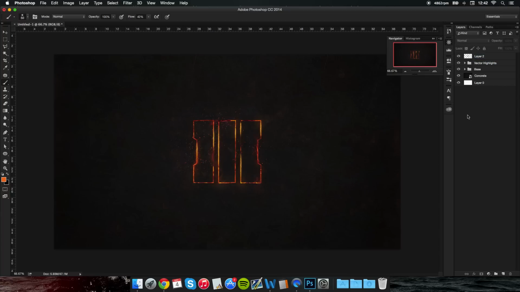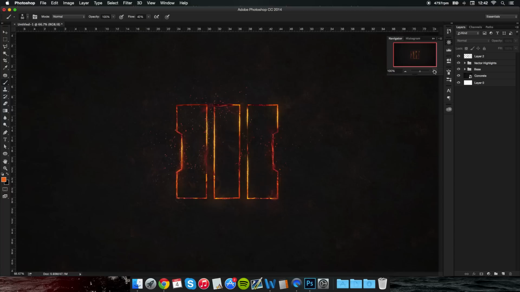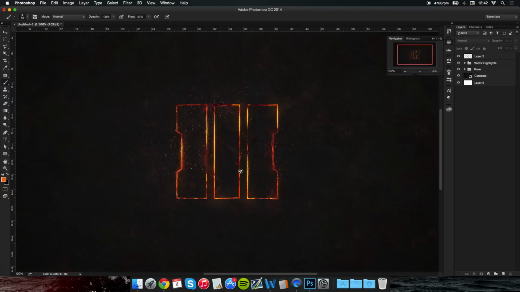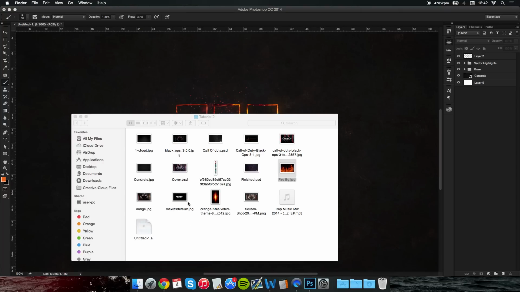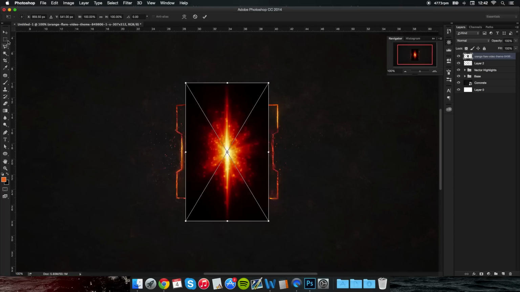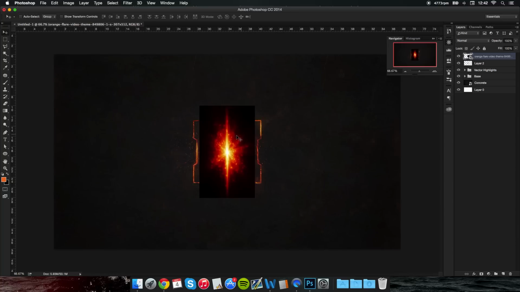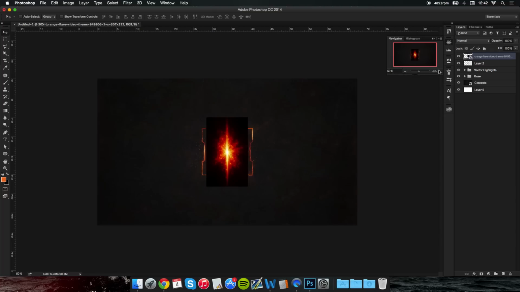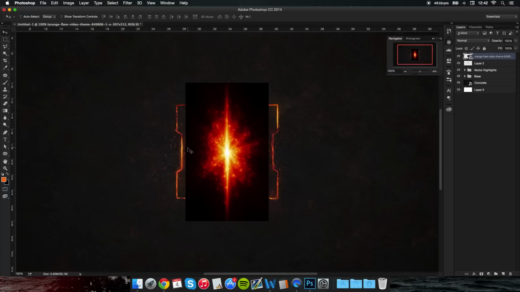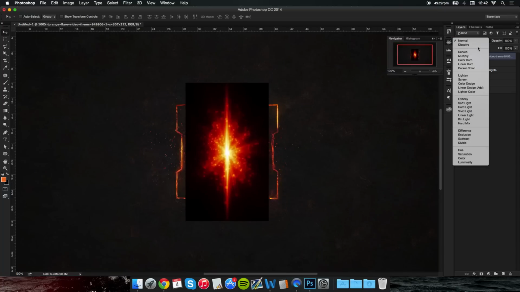And the next bit we need to do is the flares. And this is another section of our textures. And this is the flare that I like to use. So it doesn't have to be too high res. It just has to be effective. So we're going to add this to all the areas that we feel need an extra boost, like all of these areas. And what we're going to do is change this to screen,